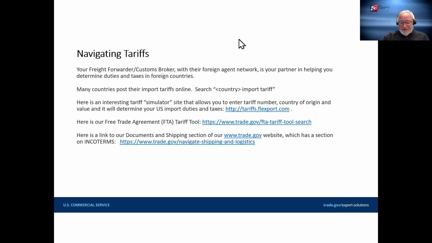I get a lot of questions about tariffs because there's been some uncertainty on tariff treatments globally. So people ask for resources on this. You can look up, I shouldn't say most, but there's a lot of countries that publish their tariffs online. But I also found this tariff simulator, which is the first link there. It's a private company that put it together, but it's kind of neat to use to look up what your